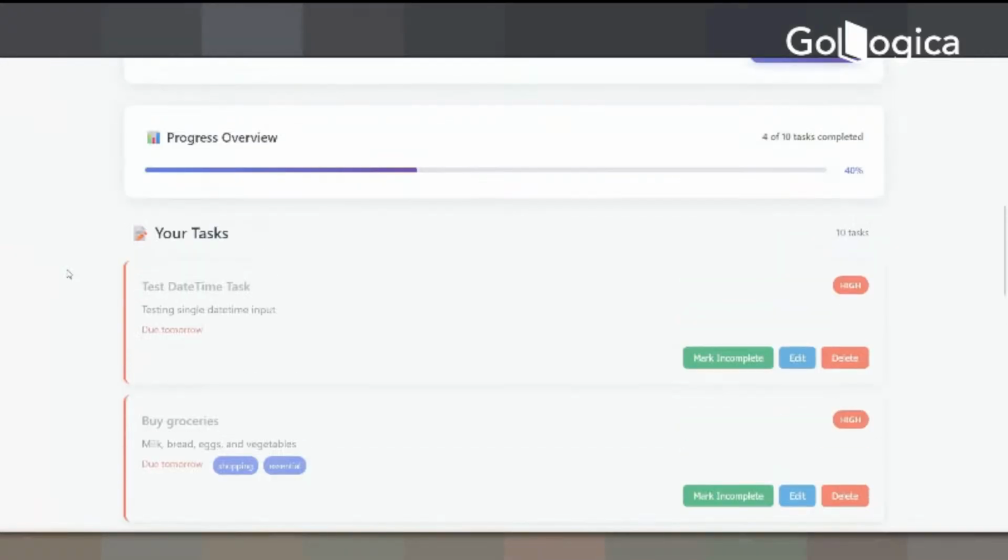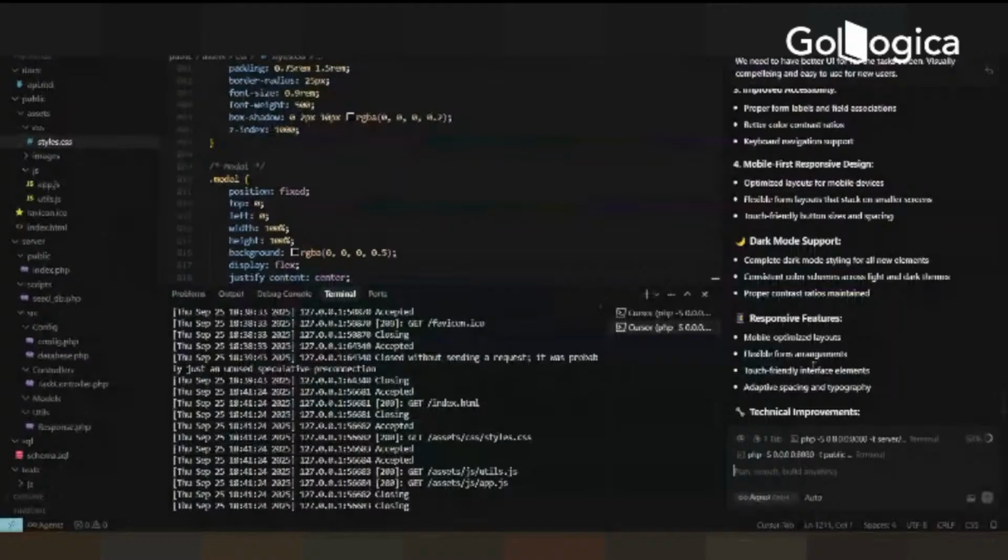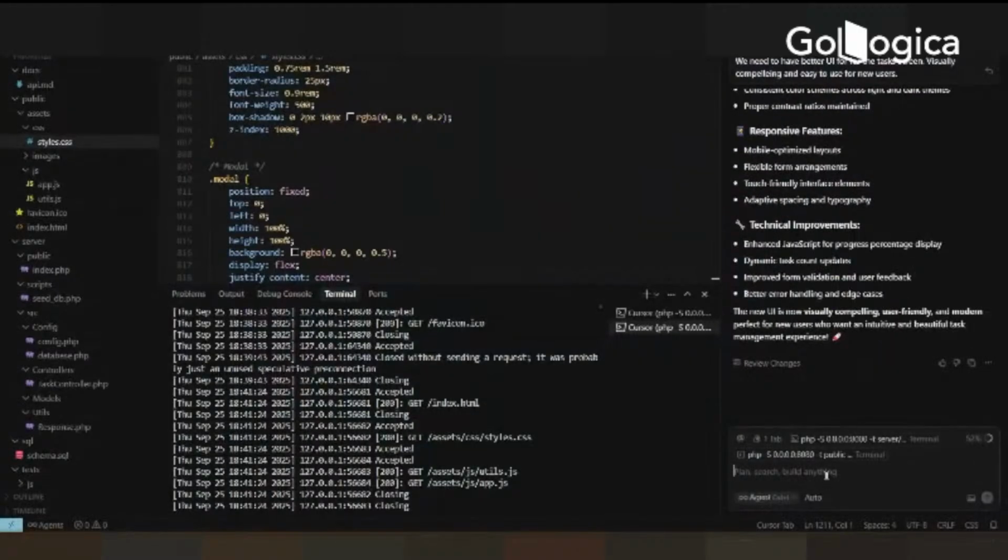Should we fix this part or should we go for the user authentication and then come back and fix this in the next session? I think we should fix this and then move to the user authentication topic. Okay. The UI looks good, but